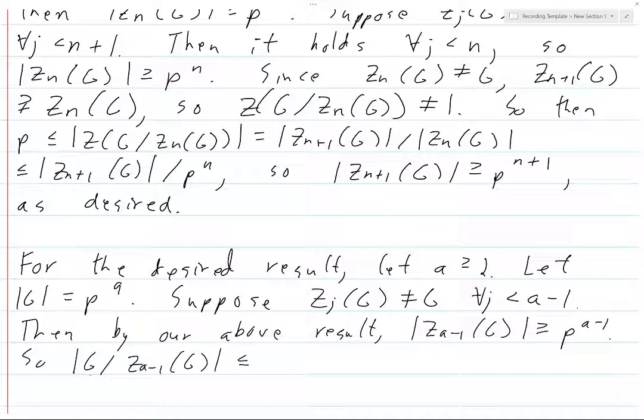So this is p, and so the center of G mod Z_{a-1}(G) is a group of order less than or equal to p. And we know that groups of order p are abelian, and so they have trivial